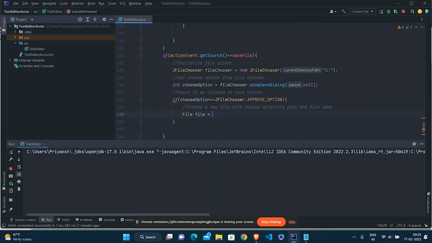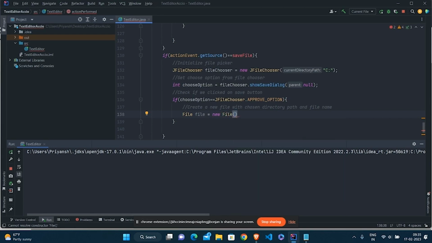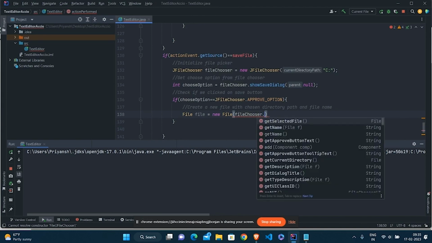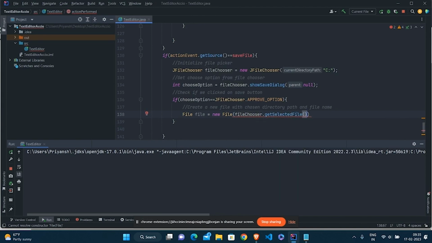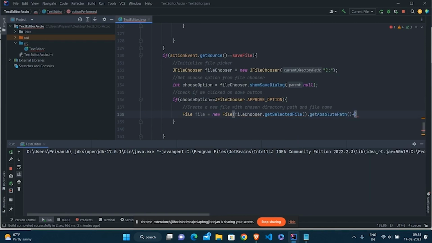File equals new File object, and inside this I have to put fileChooser.getSelectedFile(), whatever file we have selected, and get the absolute path plus .txt.